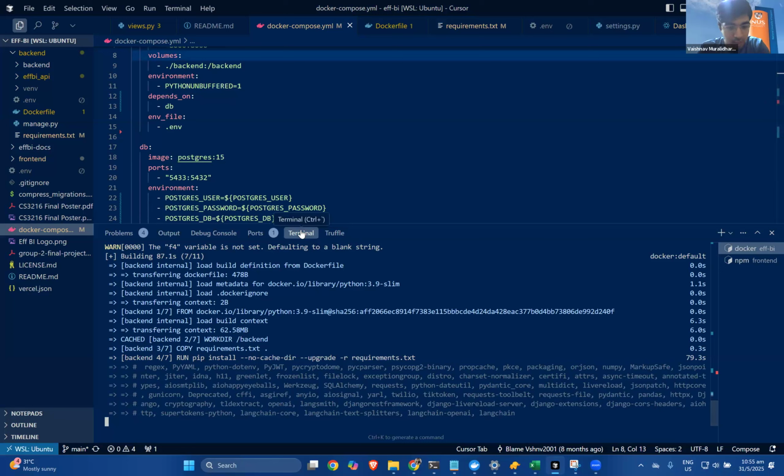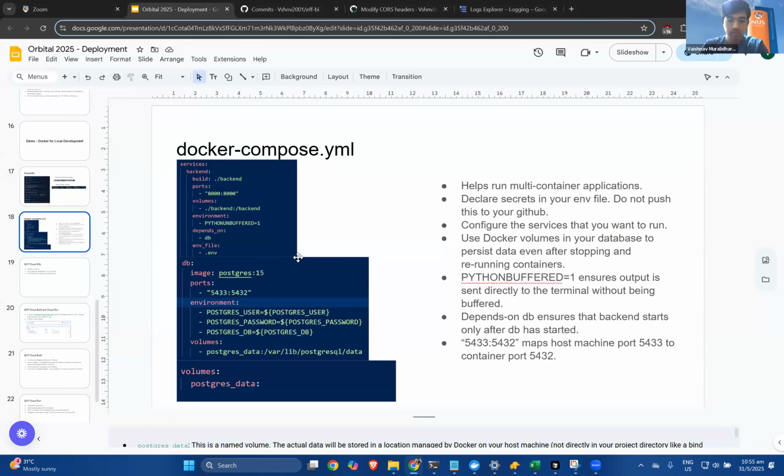Okay, so this is taking a bit of time to set up because there are multiple dependencies. It's quite a big project. So yeah. While that's happening, I will